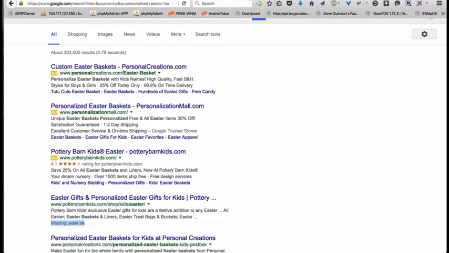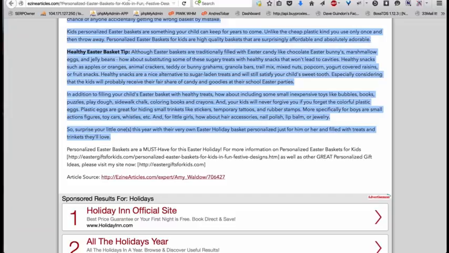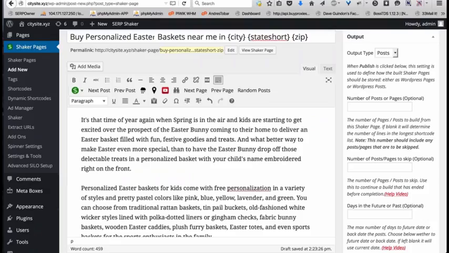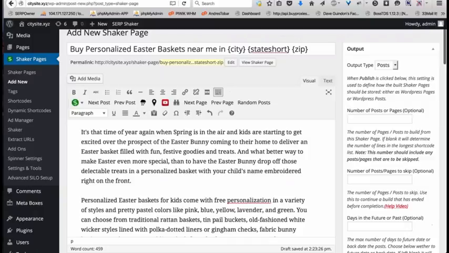Absolutely, and you've got so many different ways that you can hit it. Going back to the article, you started out with a really good, strong article. All you have to do at this point is make it relevant to that local city.